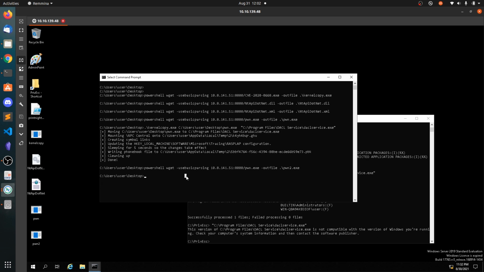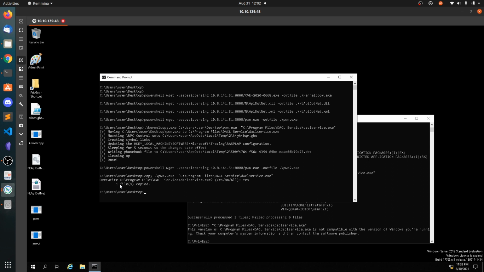Now what we can do is simply copy pawn2.exe and paste it over DasherService.exe. Now hit enter. Now type yes. Since we have the full permissions, this copy command will succeed now.